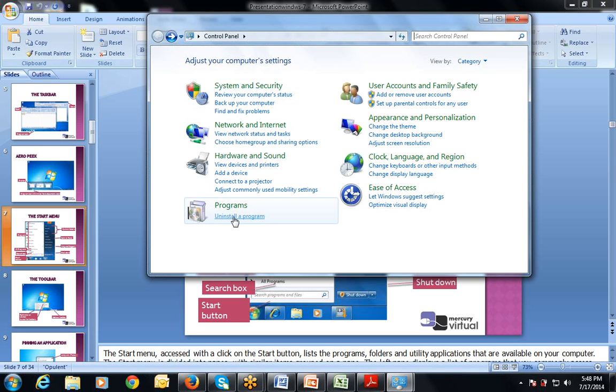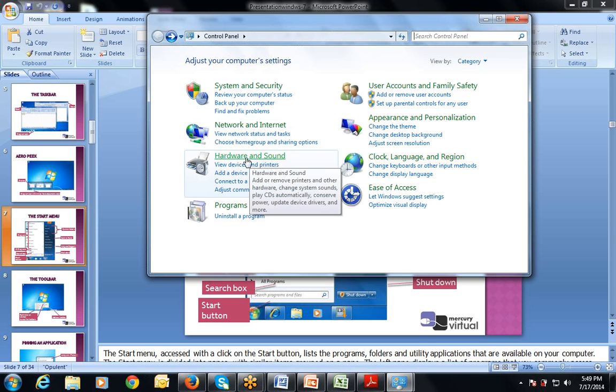If I want to uninstall any program, this is also done by the control panel. If I want to change the language, this is done by this option. All these options are available. First option is system and security, meaning any security-related task is also done by system and security. Then network and internet. This option is available for checking the internet connectivity. Let's say, for example, my internet is not working. First of all, I go to the control panel to check whether there are any disturbances in the network or not. So all the settings of the internet are done by the control panel.